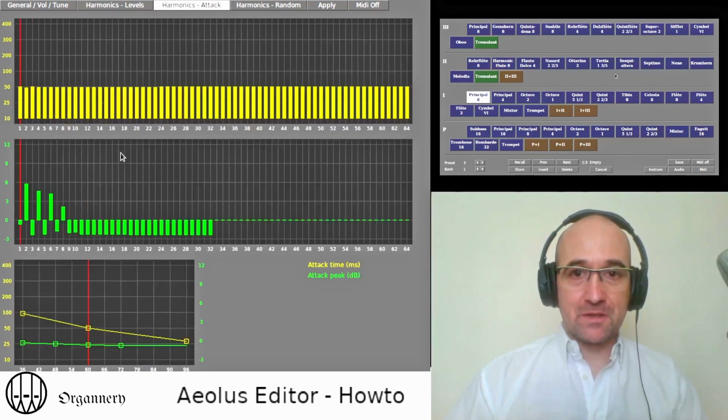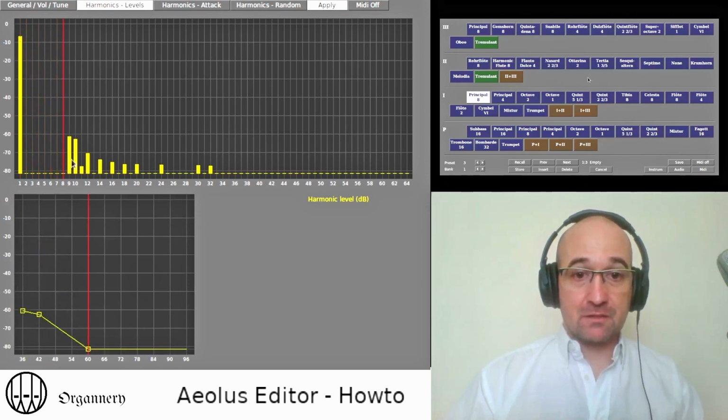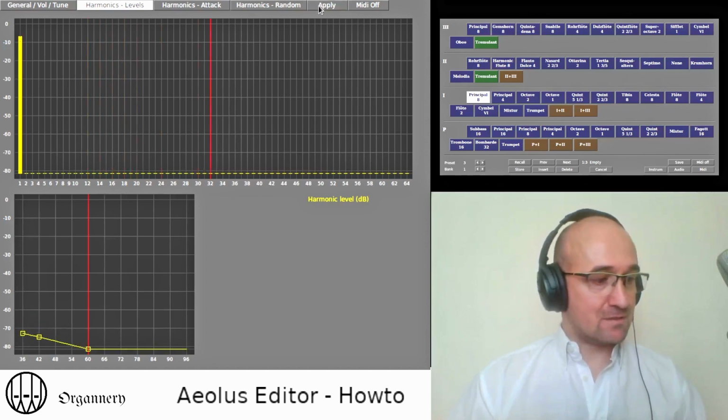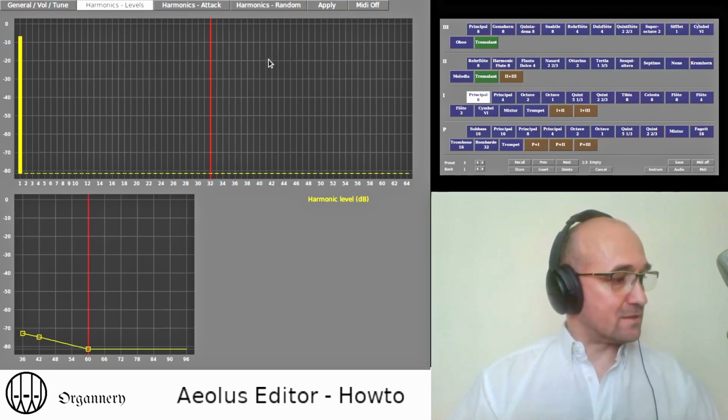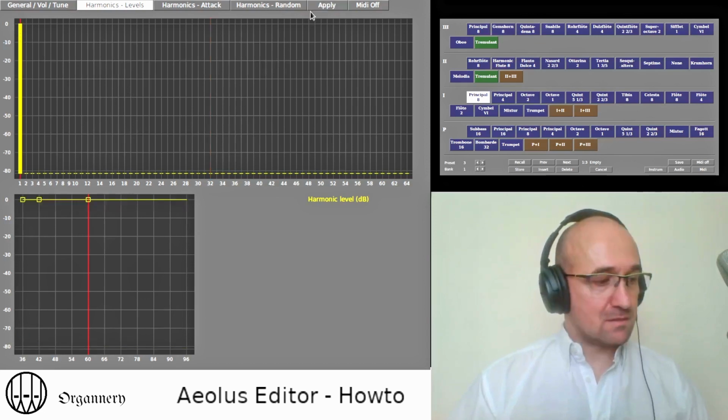Now I'm going to switch to the attack harmonics. This may be more subtle, so let's go back to the center of the keyboard, and for the sake of example, we are building a very simple sound as I'm removing all the harmonics.